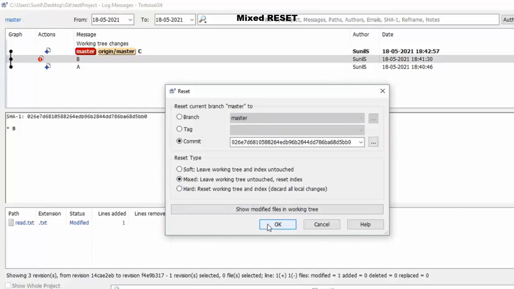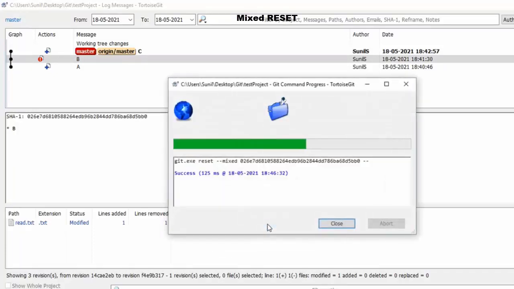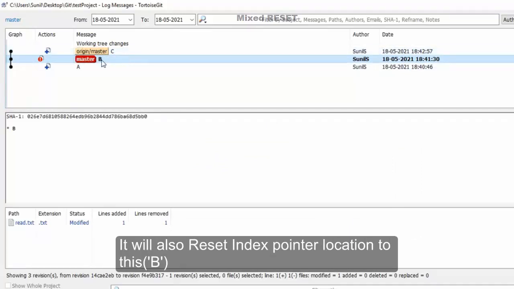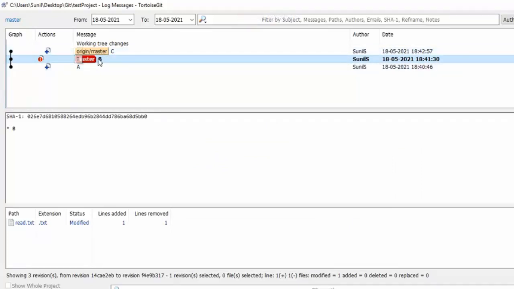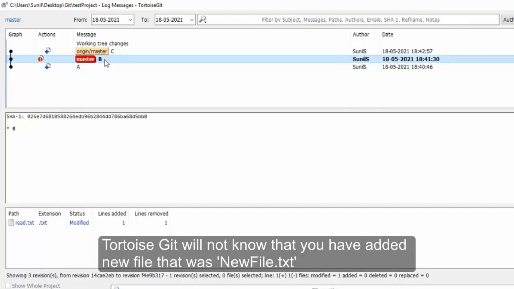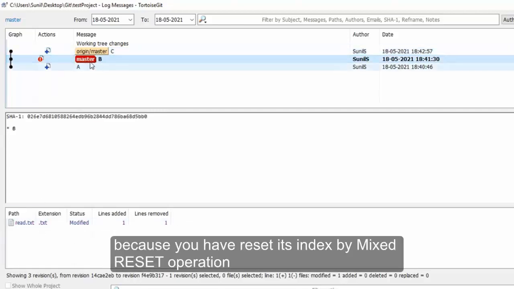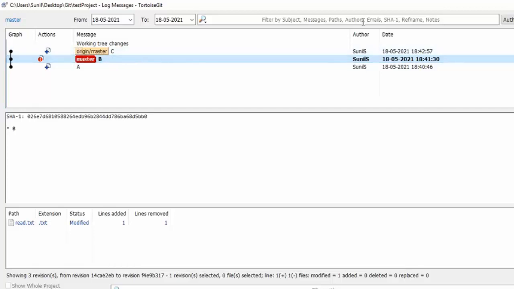So I will click reset index. What mixed reset will do, it will also reset the index pointer location to this. So this time what will happen, tortoise git will not know that you have added the new file, that was new file.txt, because you have reset by mixed reset operation.